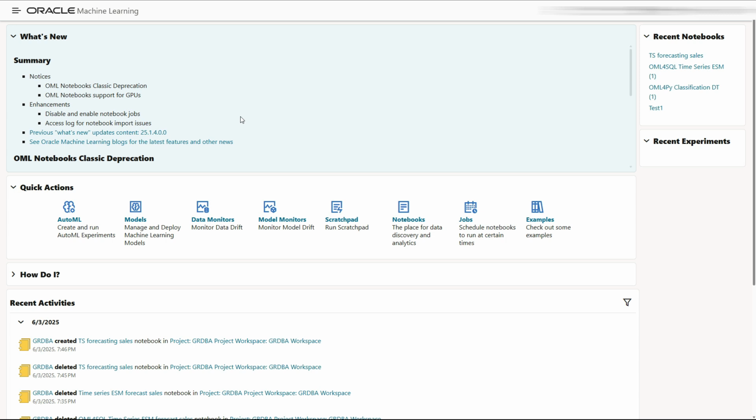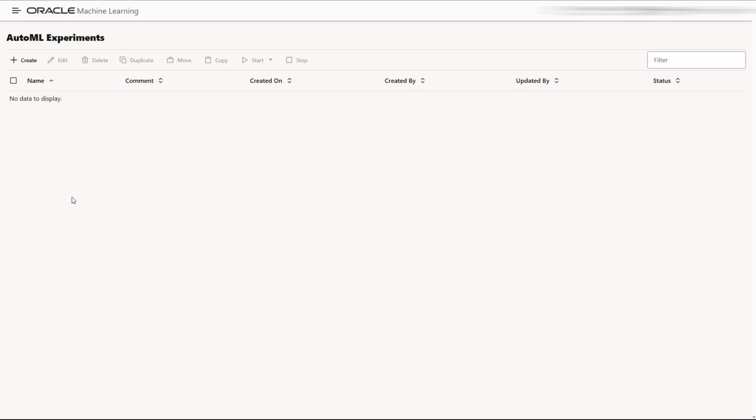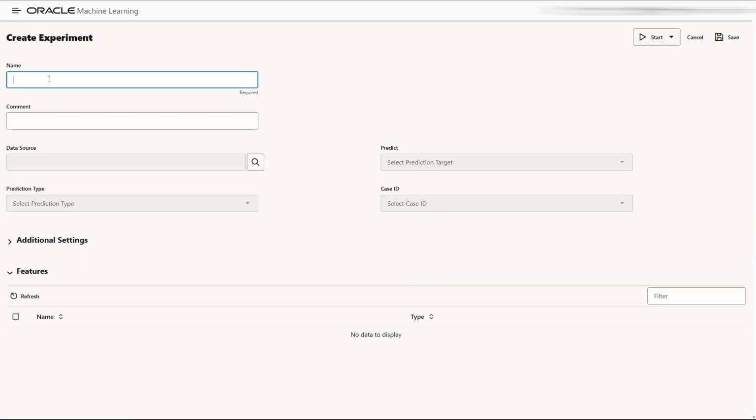We will use the AutoML feature and try different approaches for the three different data sets that we have. So let's first create the AutoML here and then create a new experiment, an auto machine learning experiment.